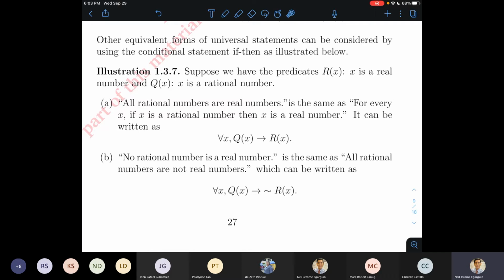Hindi ganun ka-literal yung translation. Okay. Meanwhile, look at example B. No rational number is a real number. So pag in-analyze nyo to, walang rational number na real number din. So there is no rational number that is also a real number. So ibig sabihin, kung siya ay rational number, hindi siya pwedeng maging real number. So that's why I can translate this first into a